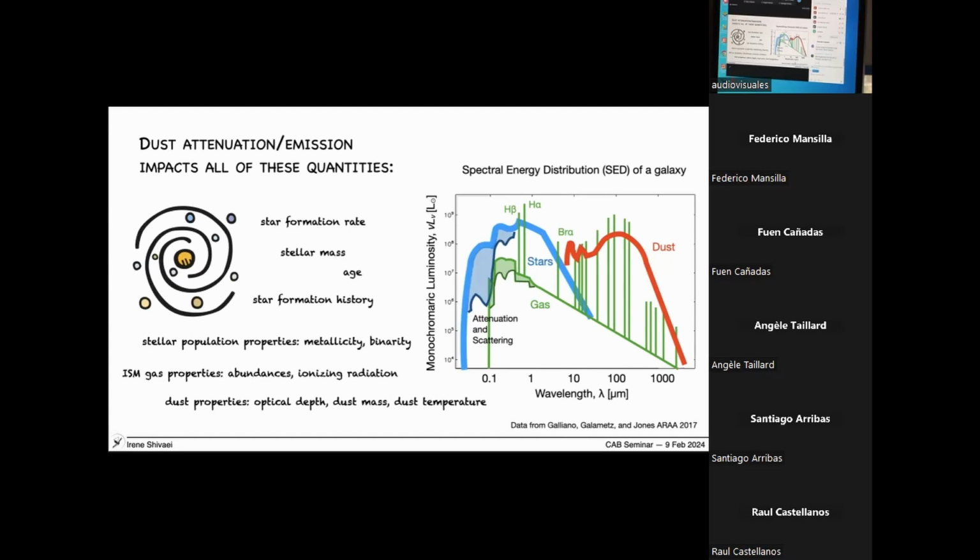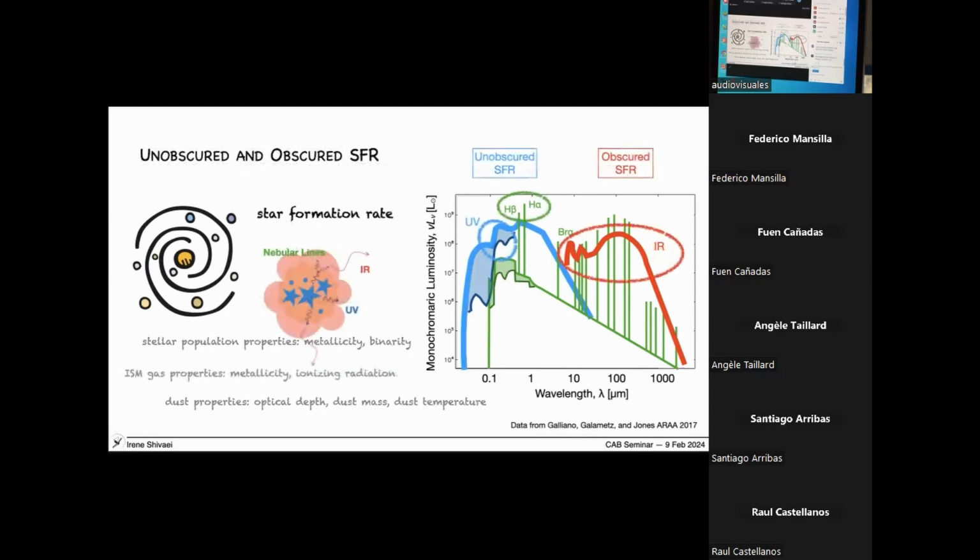So as an example, both of these quantities, if we do not take into account the effect of dust, can be underestimated for typical galaxies by a factor of 10 in star formation and a factor of 3 in stellar masses. So that shows the importance of taking into account dust. And as I mentioned, for star formation rate, to get a total representative star formation rate of a galaxy, you need to combine the unobscured tracers of star formation, such as optical lines or the UV continuum, with the obscured star formation rate indicators in the infrared.